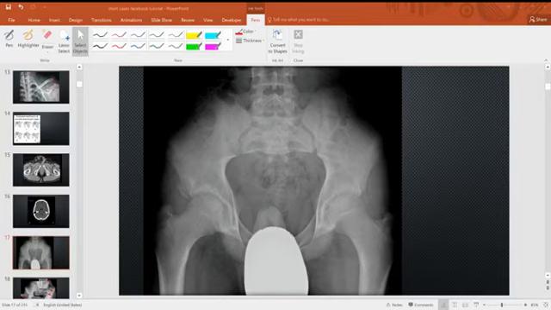This patient is status post-injury, and what you see in this patient,